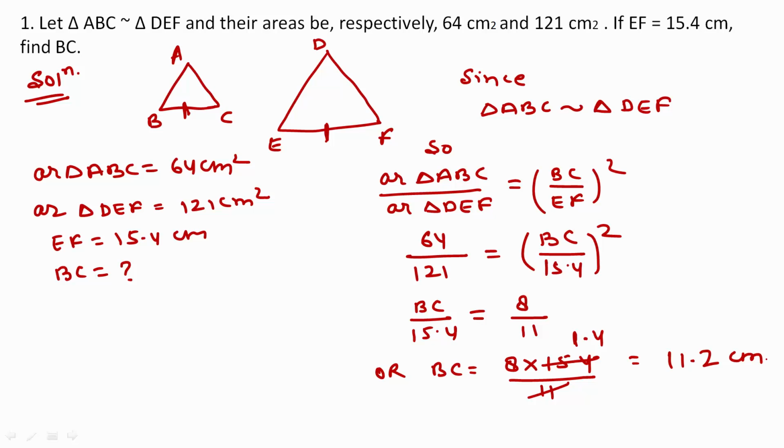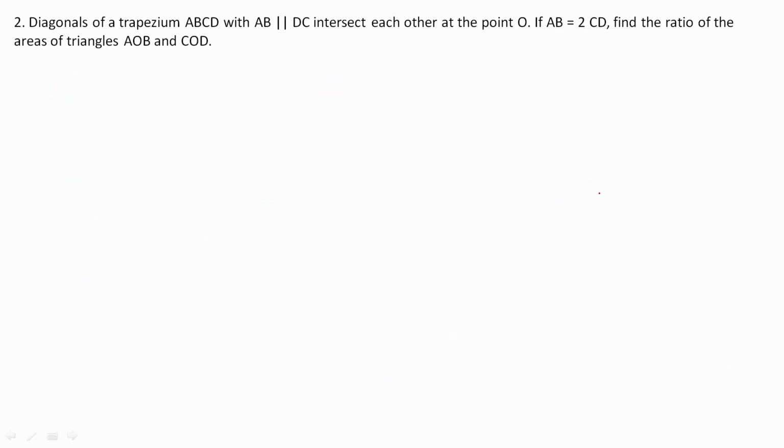So now see the next question of your exercise 6.4. The next question is: diagonals of a trapezium ABCD with AB parallel to CD intersect each other at the point O. If AB is equal to 2CD, find the ratio of the areas of the triangles AOB and COD. It is given that a trapezium,